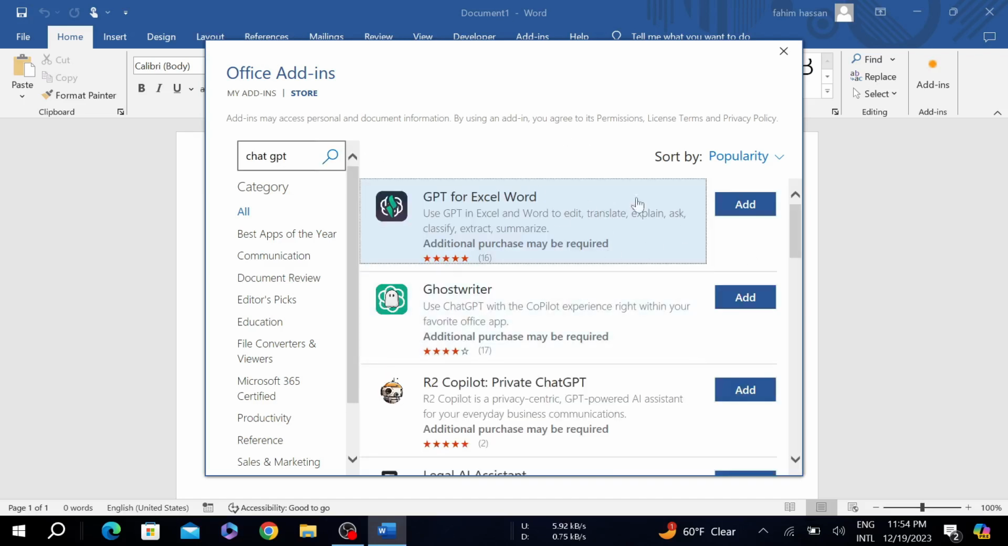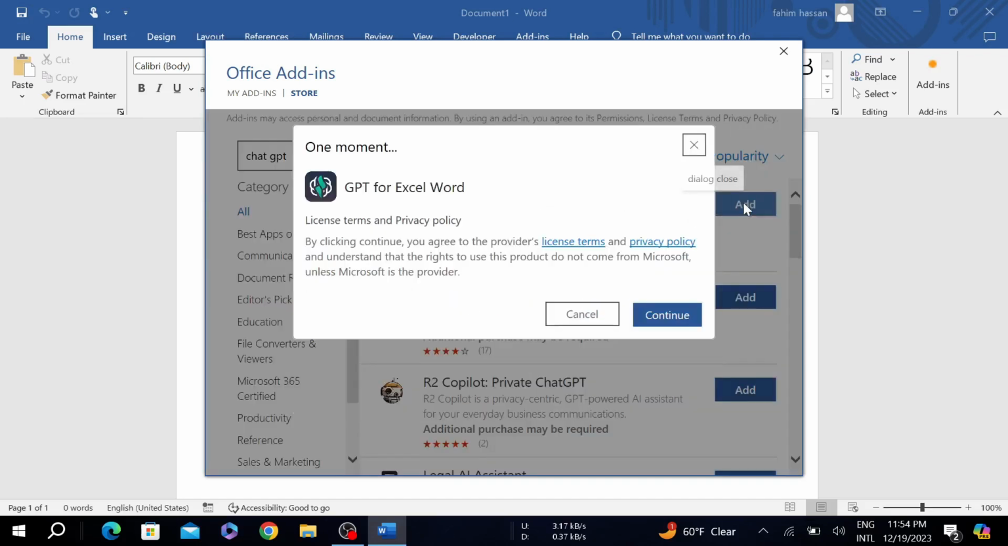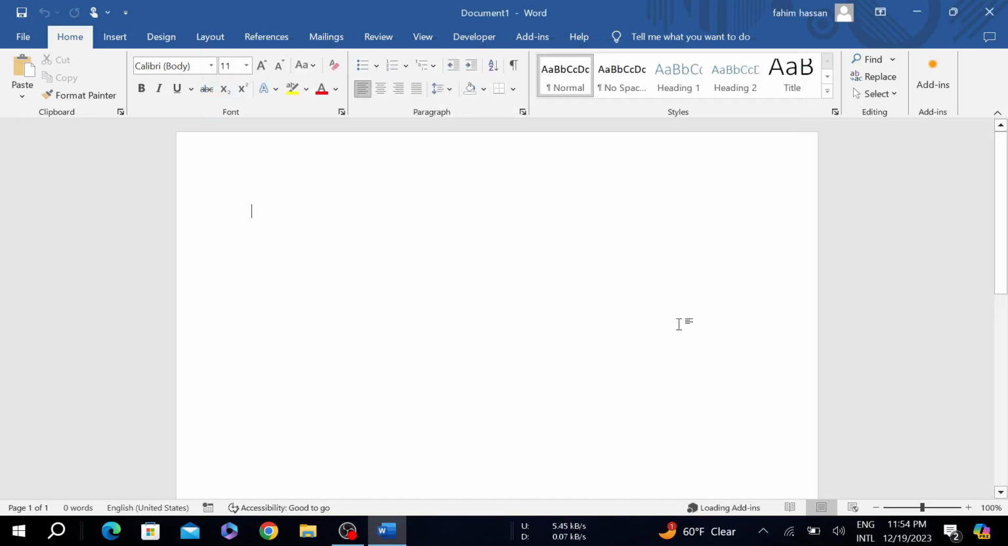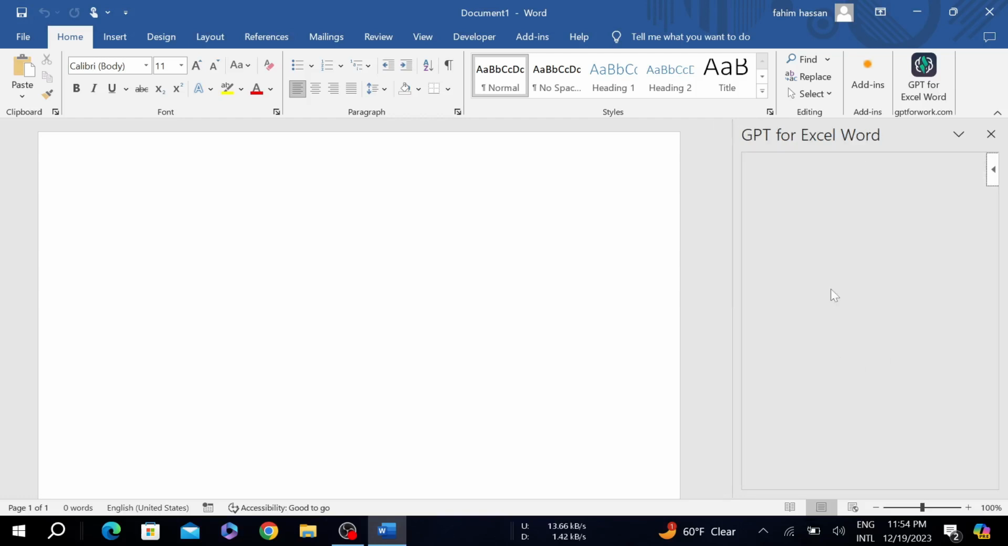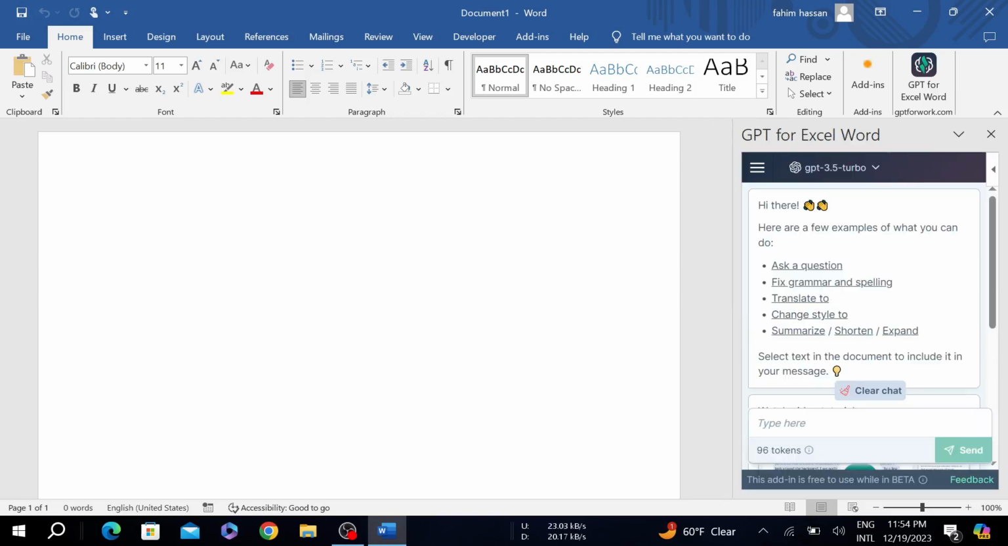And all you have to do is select the add option here and select continue, and make sure your laptop or PC is connected to your internet. In that way they can download and use the ChatGPT. And now click allow and continue here. And now all you have to do is give command here, and like you use